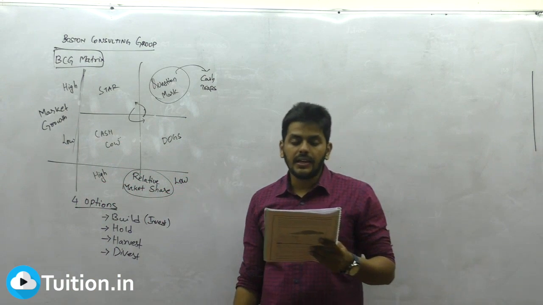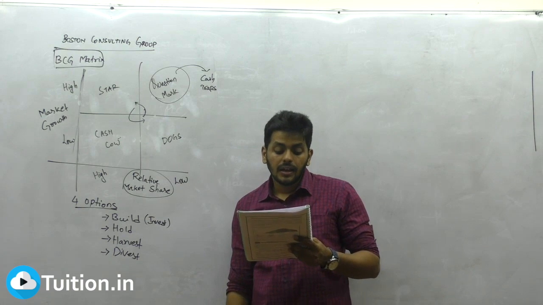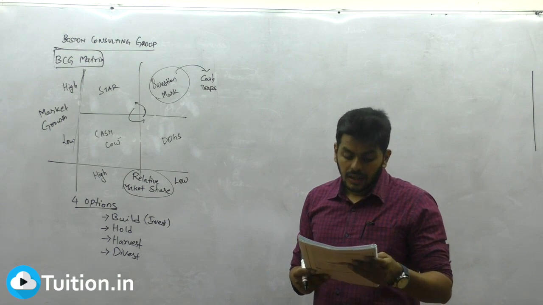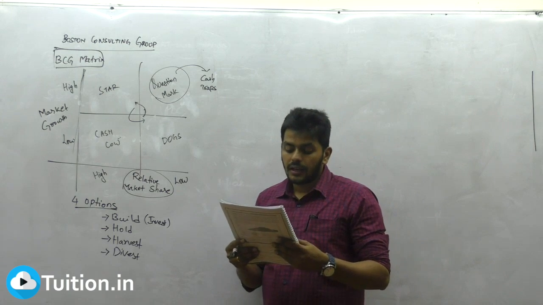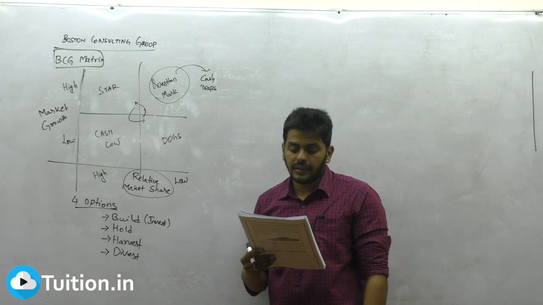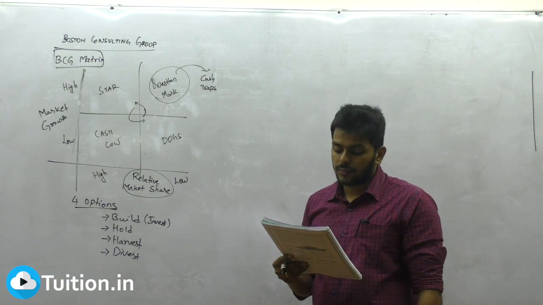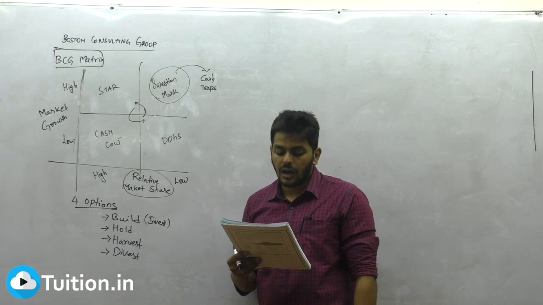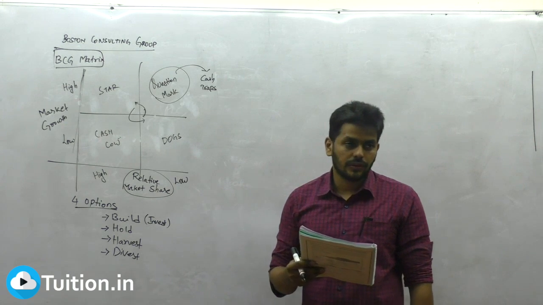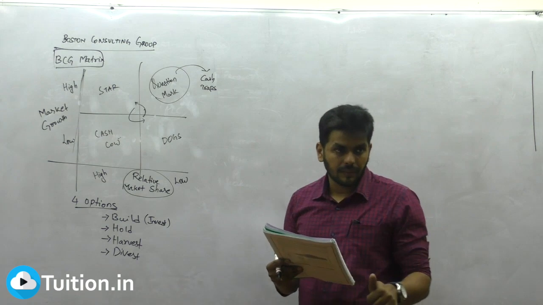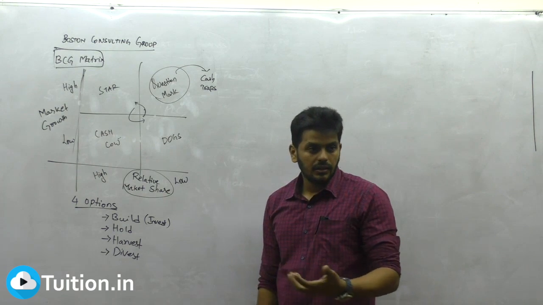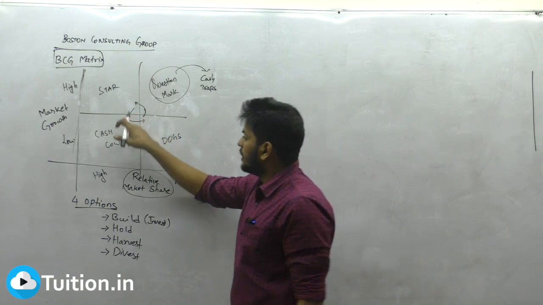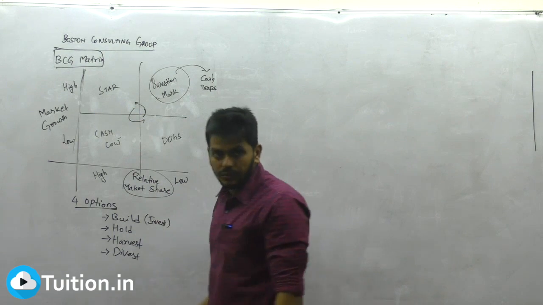Since the growth rate is high, increasing it should be relatively easier. It is for those businesses to turn them into stars and then into cash cows when the growth rate reduces. You've got to do it, and that's exactly how you win this whole story. Get it? Star, cash cow, dogs, question marks.